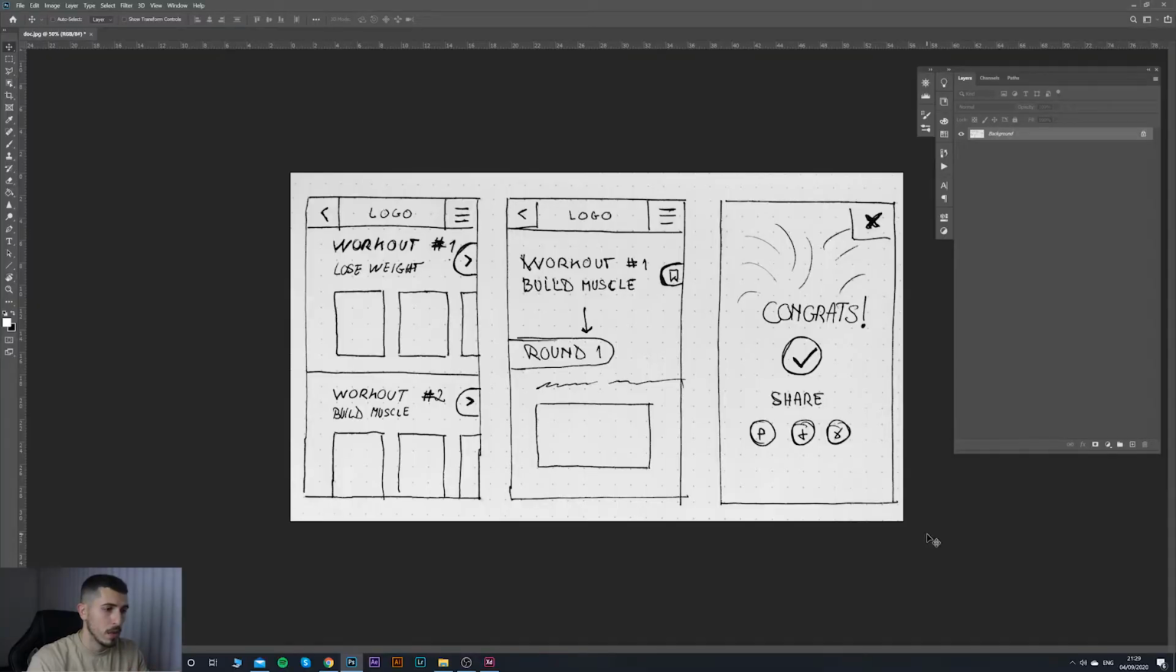So let's start building now the working prototype. I've got here in front of me in Photoshop the 3 screens which I want to build in Adobe XD, and as you can see, we have here the first screen where you get to select your type of workout. So either you want to lose weight, either you want to build muscle. You have the 2 options right here, then when you select one,